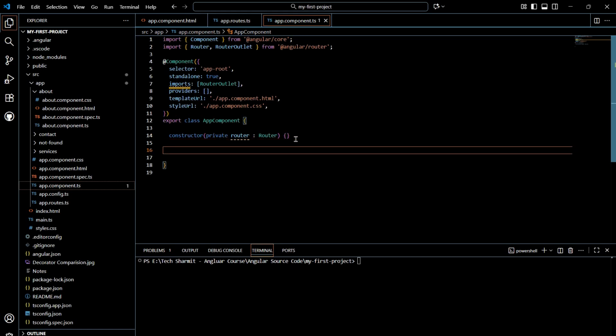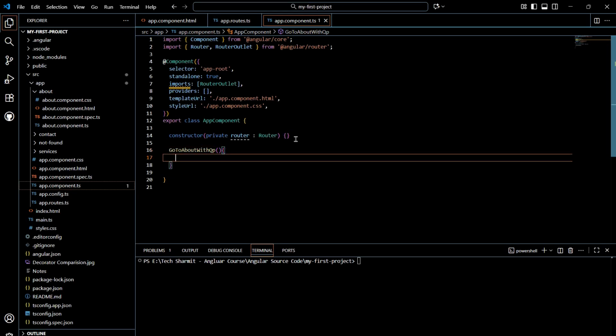Perfect. Now here I will create a method that will be called or executed by a button when a user clicks on it, and once it is clicked, it will call this method which we are going to define now. So I will define it like this: goToAboutWithQP. QPs are query params, short form. Okay, fine. So here I will write this.router.navigateByUrl, opening closing parenthesis, inside a quote, and here you will write /about